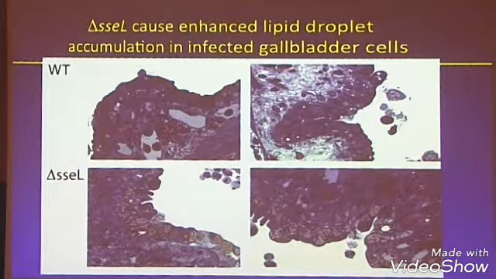But what's really neat, and let's get back to lipid droplets, is that when you take a mutation in SseL, you get a gazillion lipid droplets. Look at all these things here. So here's wild type. You can see a few lipid droplets. There are none in uninfected cells in the gallbladder. But look at all the lipid droplets in here. Phenomenal amounts of lipid droplet formation when you knock out SseL. So it seems that SseL has a function suppressing formation of too many of these lipid droplets, and when you knock it out, you get way more than you do in the wild type.